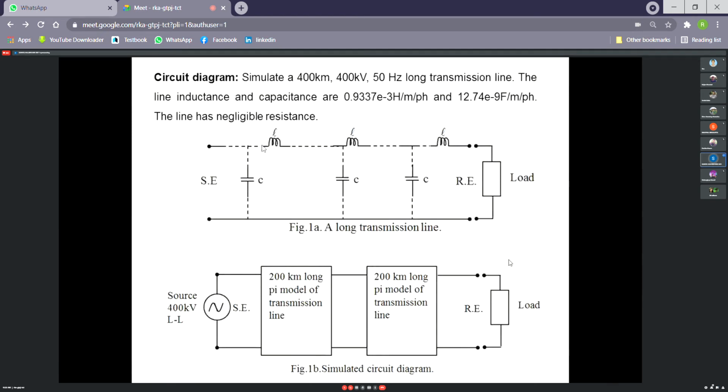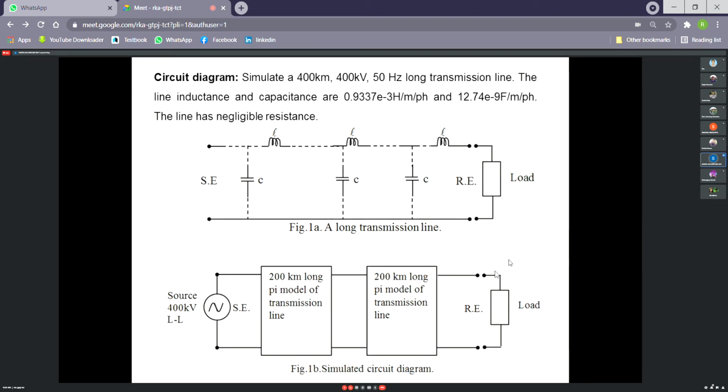Now here, since it is in MATLAB Simulink, all are on a three-phase basis, so we shall connect a voltage source of 400 kV line to line. Okay, so all are three-phase quantities. But if you do it in the lab, then all will be in per-phase quantities, because there we cannot simulate a three-phase line. We have to simulate on a per-phase basis. When you do your ABCD parameter calculation next semester, then you will see it.